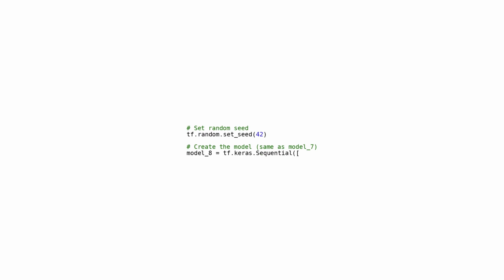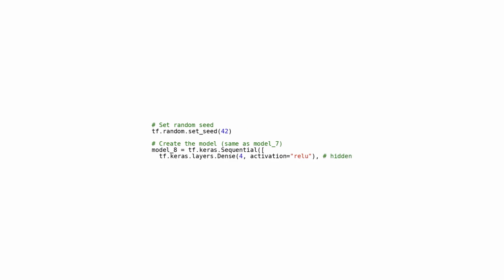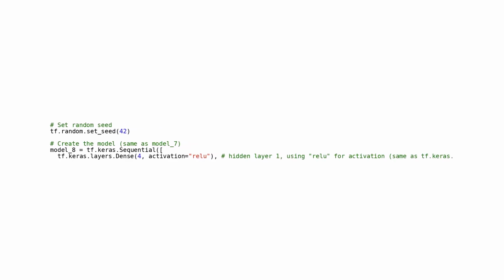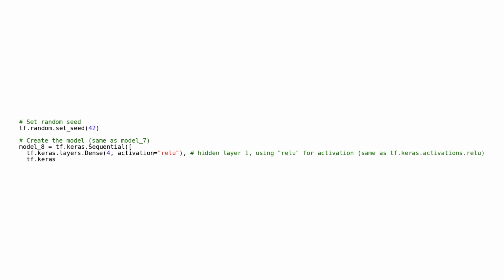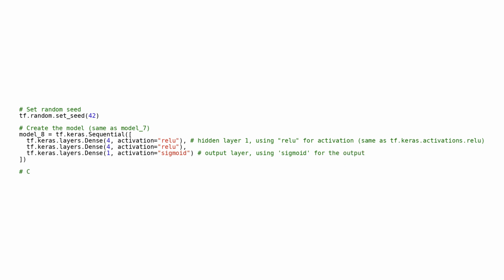This code segment is responsible for creating, compiling, and fitting a simple neural network model using the TensorFlow and Keras deep learning libraries in Python. Firstly, it sets a random seed to ensure reproducibility of the results. It then constructs a sequential model, model_8, with 2 hidden layers, each consisting of 4 neurons and using the rectified linear unit, ReLU, activation function, followed by an output layer with a single neuron using a sigmoid activation function appropriate